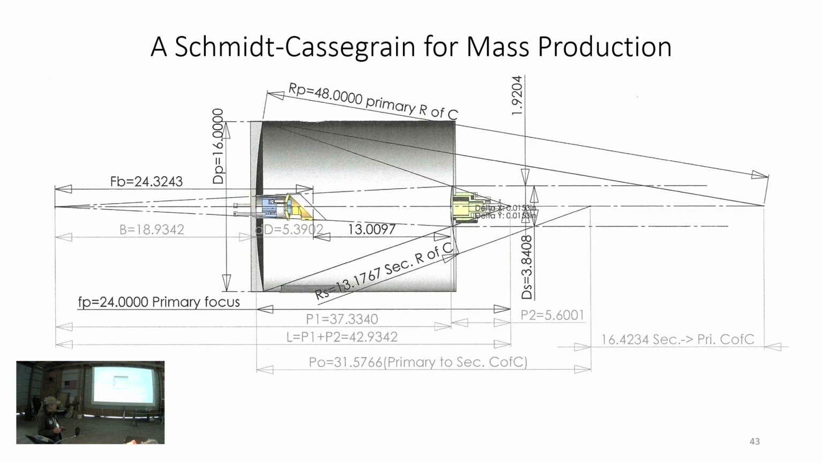And here's one that I've kind of put together. And this is one for mass production. If anybody wants to make them, give me a holler. I'll give you all the documents on them. This is an aluminum primary. Here we have an aluminum secondary, and the corrector plate,